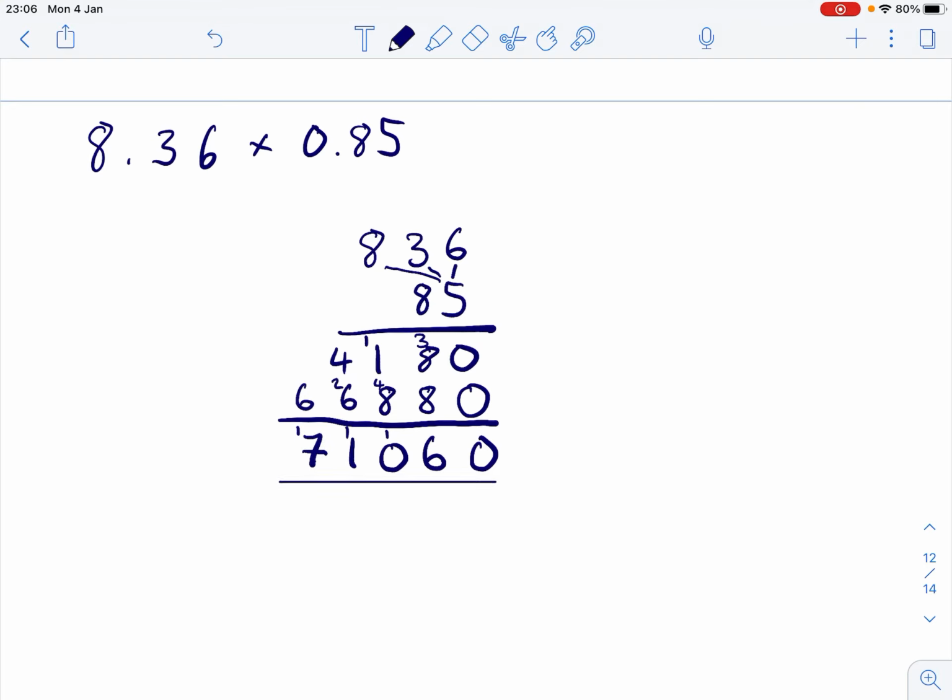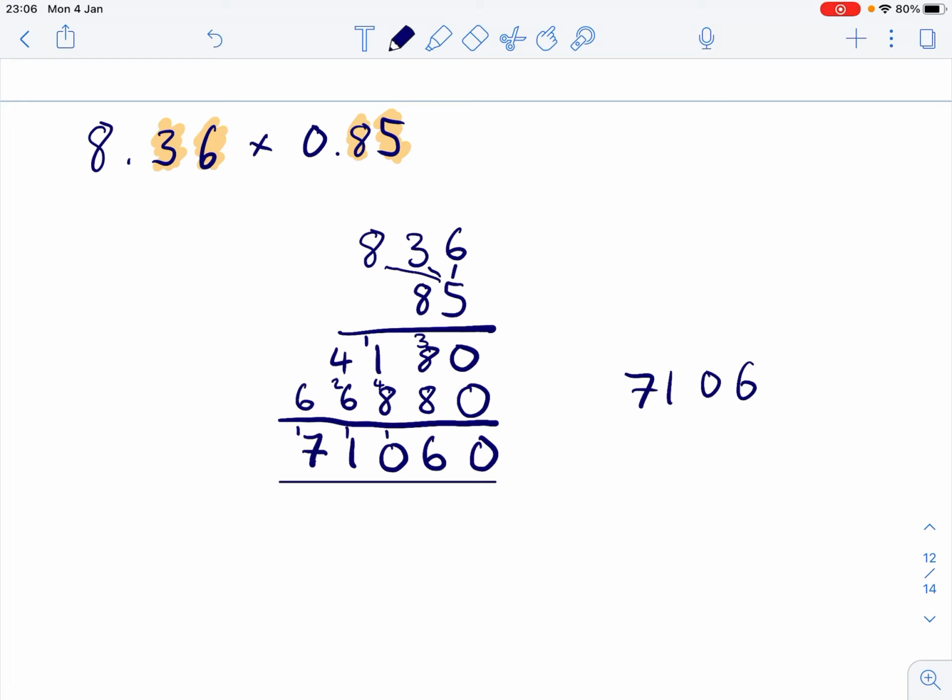Okay, so how many decimals are there in the question? We've got 1, 2, 3, 4. So my answer is going to take the decimal from the far right. Now, we do need to be careful, and this is why I say don't simplify it yet, because if I started thinking about this as a decimal number,